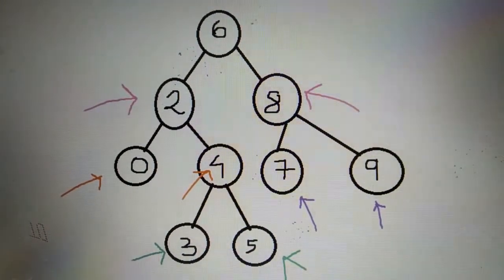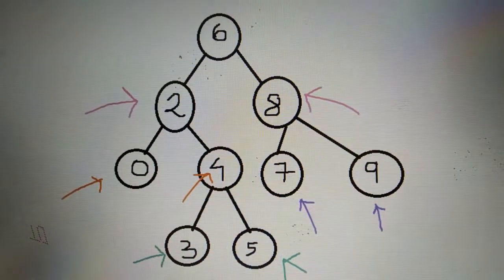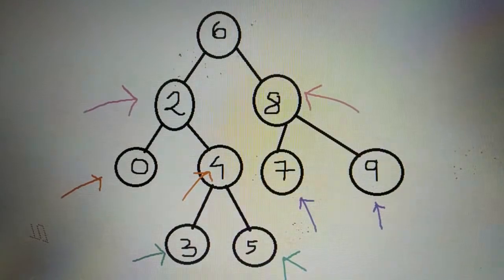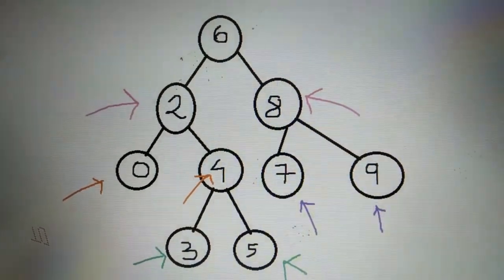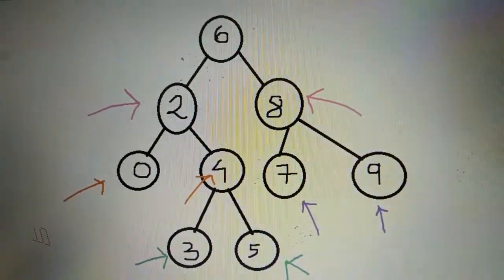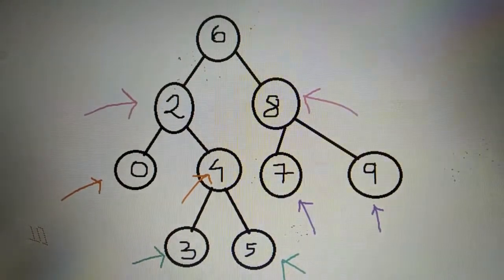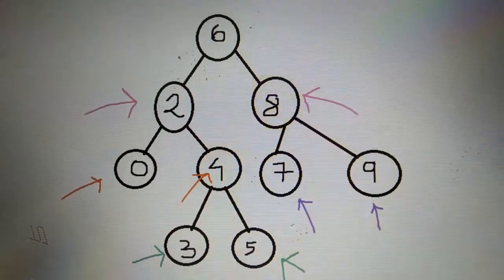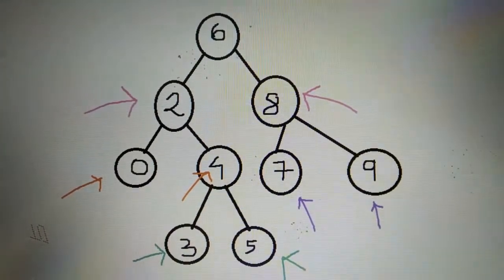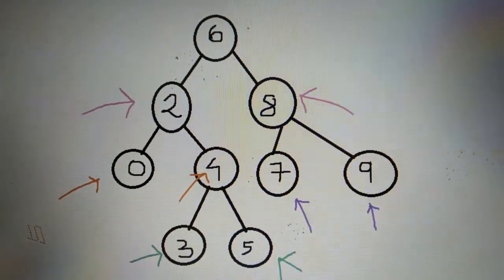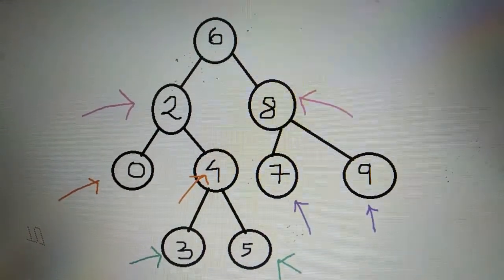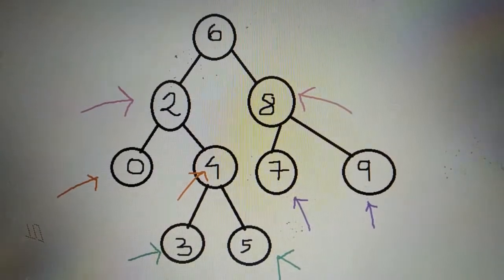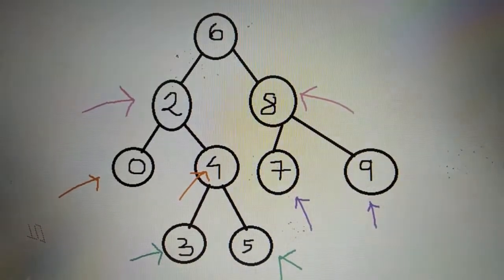Okay, without wasting any time, let's see. I have made 2 pointers marked with pink. Hope you can see, right, which are denoting 2 and 8. So the lowest common ancestor of 2 and 8 is 6. Okay, next we can see in slightly red color 0 and 4. Now 0 and 4 have lowest common ancestor 2, and in violet color see the 7 and 9. In violet color the lowest common ancestor is 8.